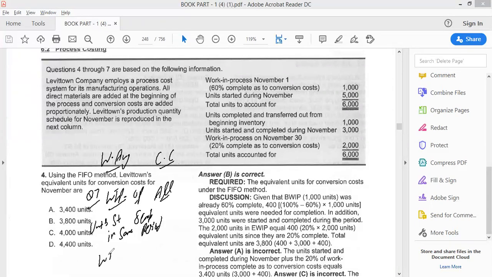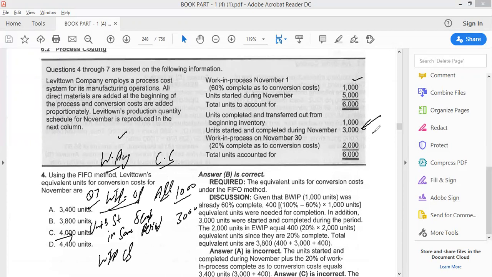And the third one, work in process closing. Work in process opening, we take all whenever we are using the weighted average method: 1000. And here I need to take units started and completed in the same period. These are actually 3000 units, which he already gave us,